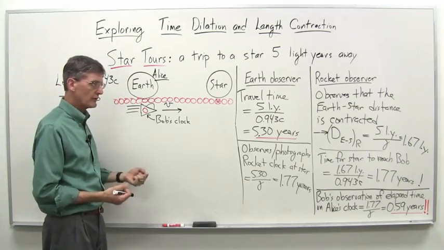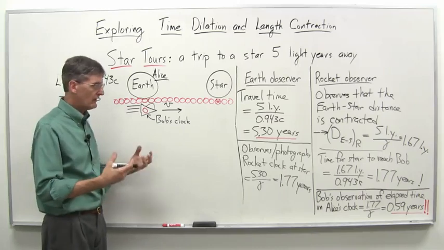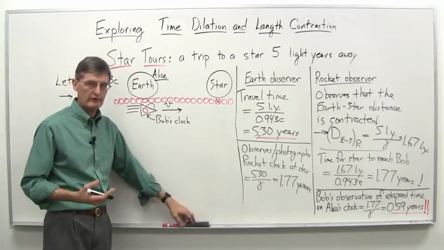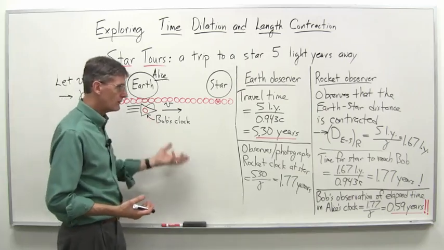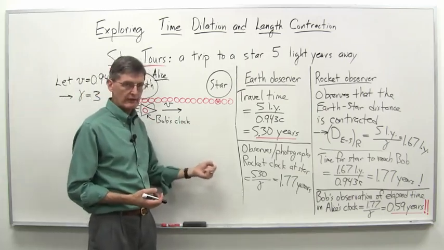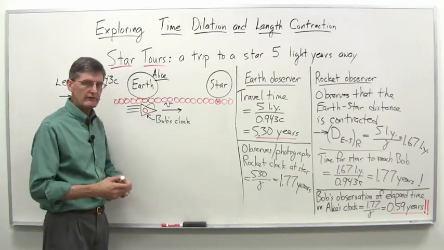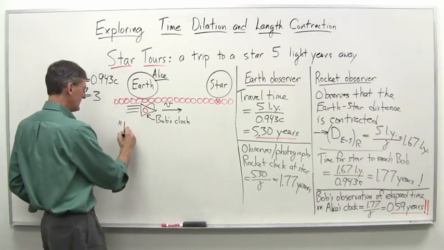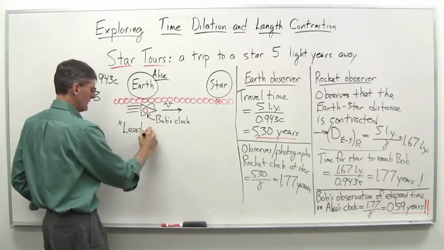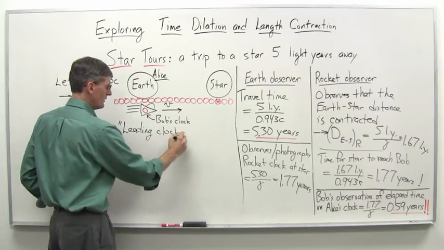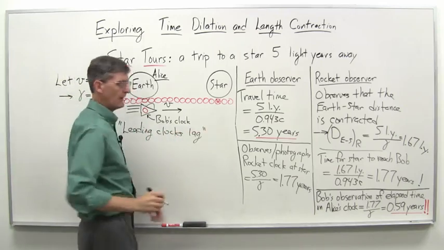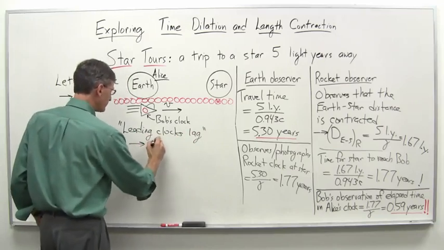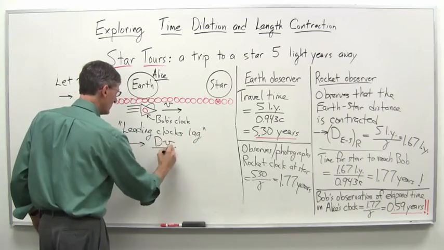And this is where you get into trouble, where you get these weird paradoxes sometimes that don't seem to make sense. And you say, well, gee, maybe the special theory of relativity is wrong. After all, you have to remember the relativity of simultaneity. And one aspect of that is the fact that leading clocks lag, as we showed qualitatively a while back. And now quantitatively, we know that the factor by which they lag is dv over c squared,